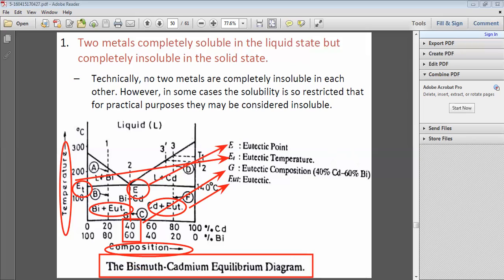So this was the case when the two metals are completely insoluble in the solid state, but completely soluble in the liquid state. So for this case, the overall equilibrium diagram would look something like this and this. So if we talk about this,